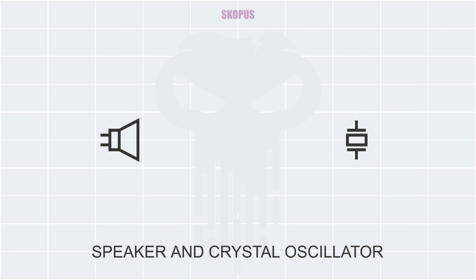Next up, we got two components that are really useful and you should know about them, but they are not meant for DC power sources. First, we got the speakers, and then we got crystal oscillators. If we connect the speaker to a DC power supply, it's just gonna make a really faint humming noise and it's not gonna be useful to us. They are really meant for AC signals, and we use crystal oscillators to get an exact frequency that we need.